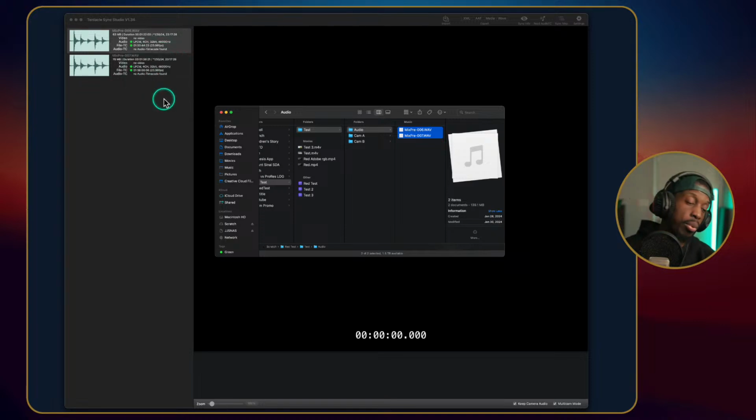Now this is very important. This is one thing I should have mentioned. When you're doing timecode, all of your devices have to be set to the same frame rate. Your cameras, the timecode device, and the audio device. Make sure of that, because if they're not,